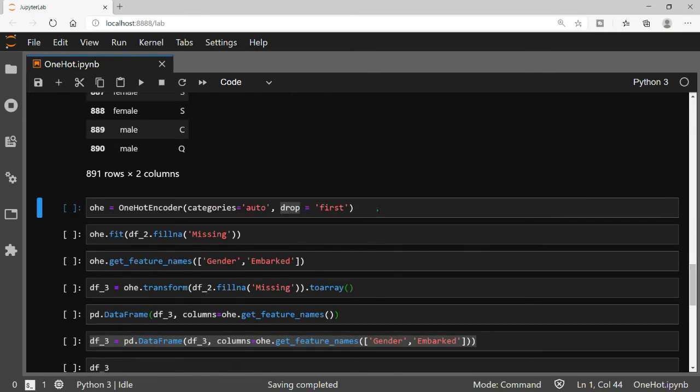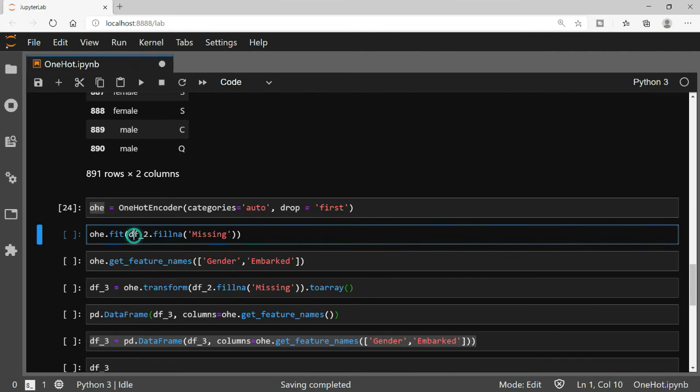So let us say for sex I have created sex underscore male and sex underscore female. Sorry, I mean gender underscore male and gender underscore female. What it will do is simply drop gender underscore male. The reason is simple: we do not need both the columns. So this is a very handy thing. You do not need to go and manually delete any column. So here I have just fit this particular encoder in this OHE name. Okay, so now I am fitting this.